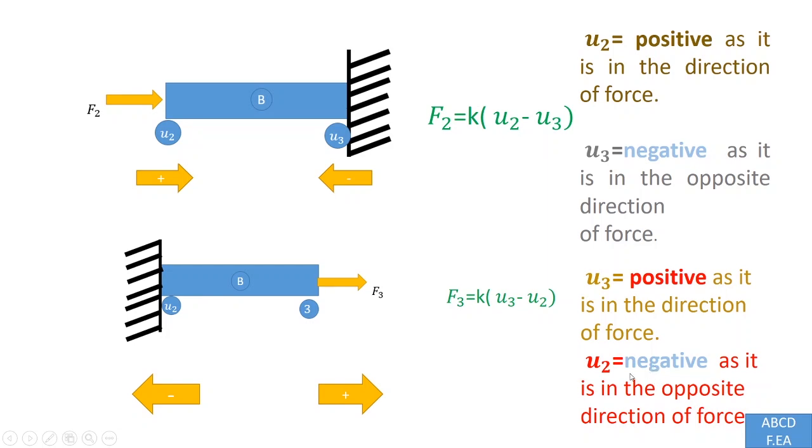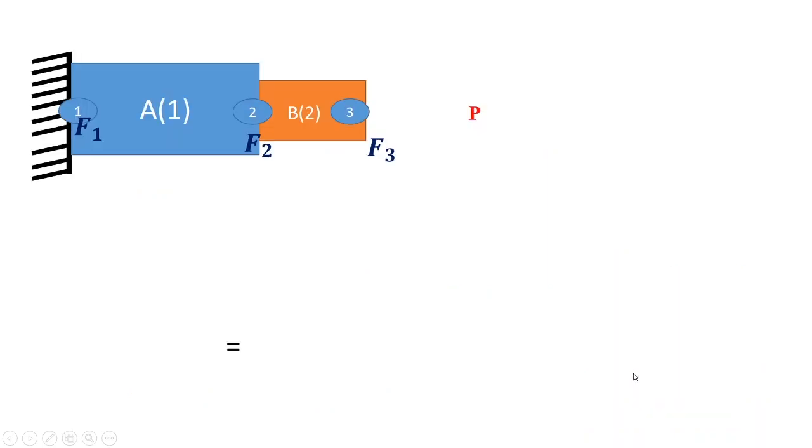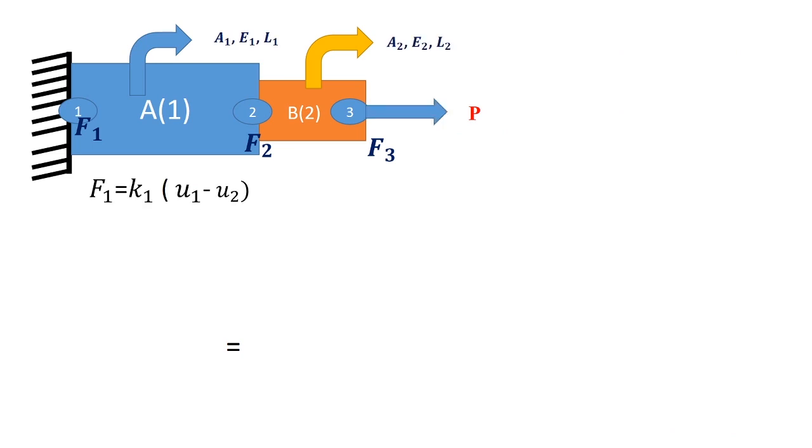So this is our complete system. So for the system 1, element 1, F1 is equal to K1 (U1 minus U2) as explained earlier. Similarly, F2 we will write F2 is equal to K1 (U2 minus U1). Because we are talking about element 1 and our stiffness is of K1. Got it? Don't get confused. This is for our element 1, not element 2. So that's why I've written F1 is equal to K1 (U1 minus U2) and F2 is equal to K1 (U2 minus U1).